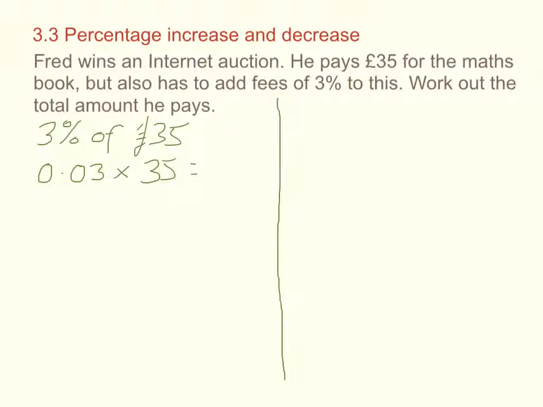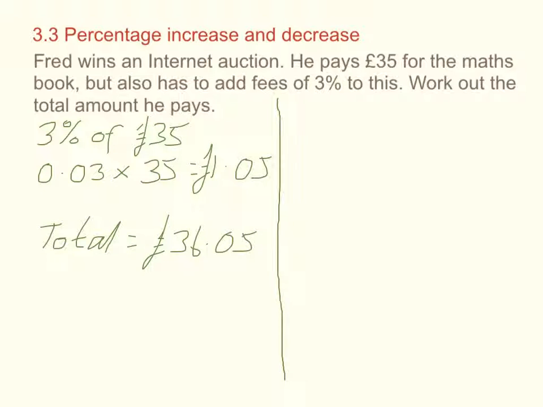And if I do that, I get £1 and 5 pence. All I need to do now to work out how much he pays is add these two things together. So my total would equal £36